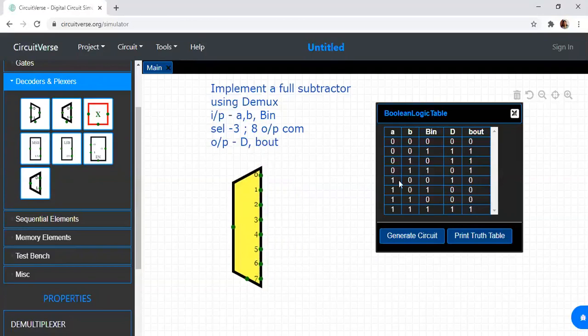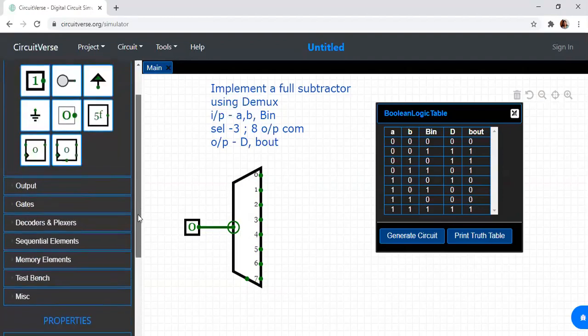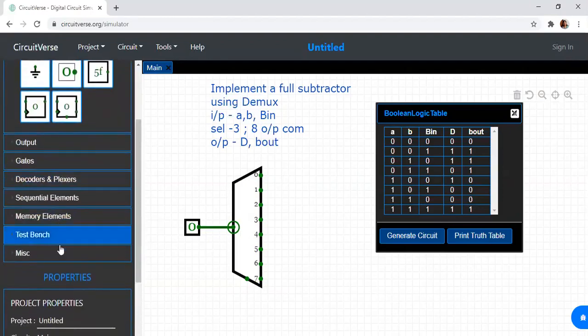Now if you see in the truth table, I'll be having 2 outputs, D and B out. So first let me give the input. There'll be only one input. So this is our input. Let me make this input as D and let me make it as 1.